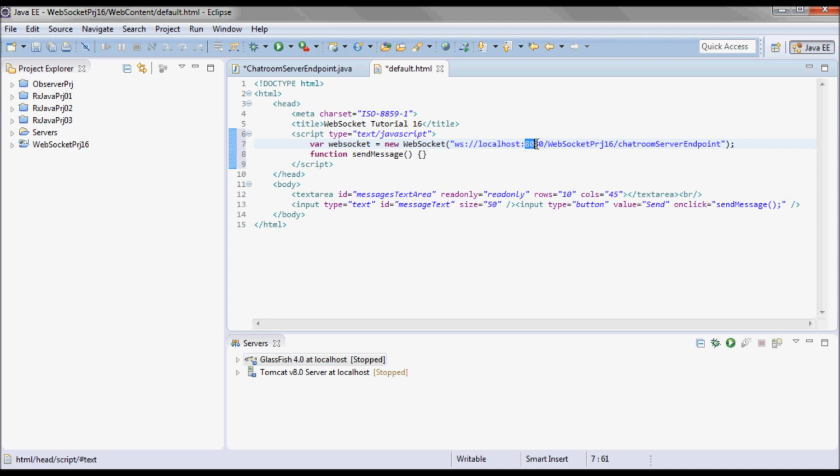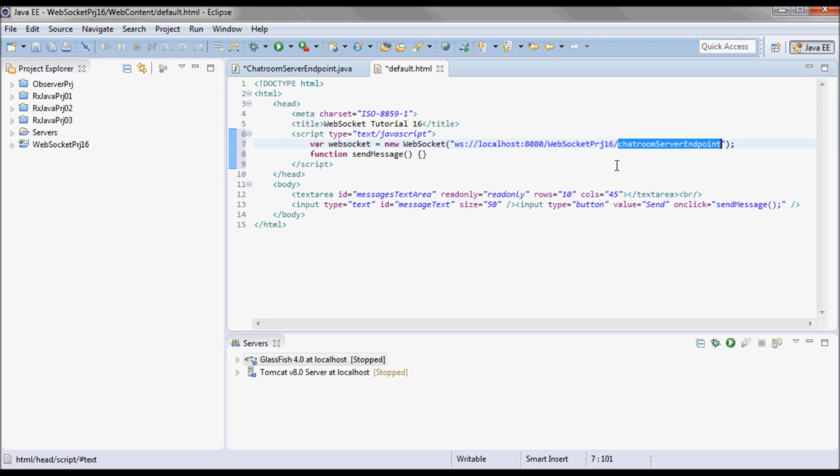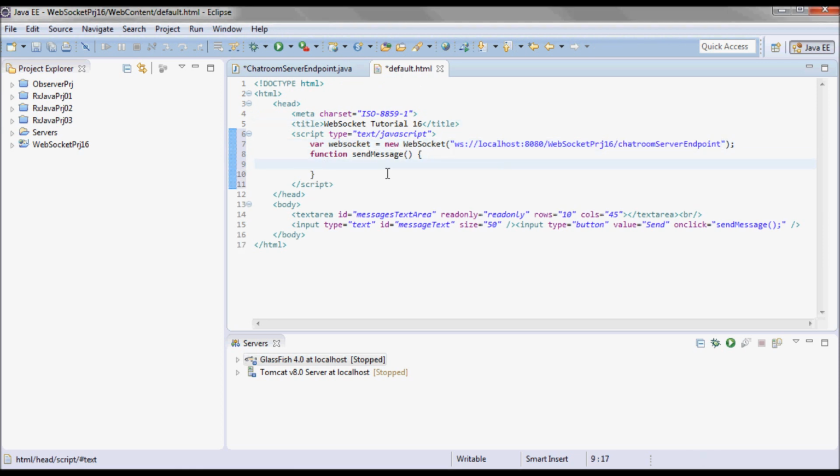So the port is 8080, and the project name is WebSocket Project 16, and chat room server endpoint is coming from here. So now using that WebSocket variable, I can send messages from the send message function.